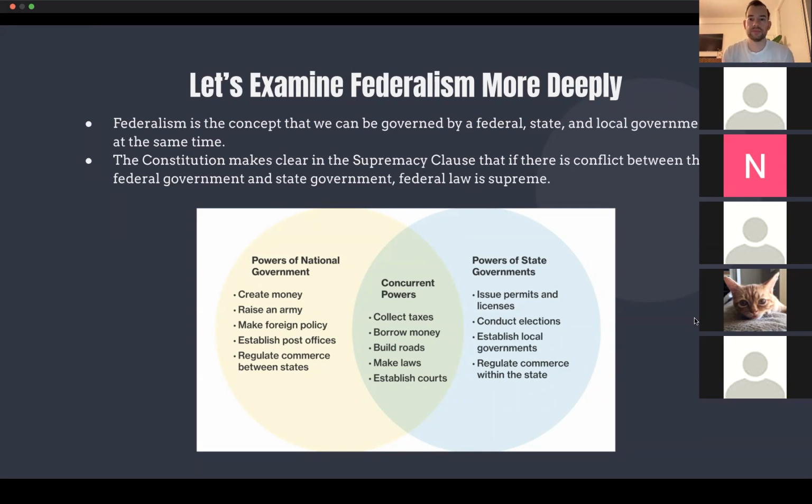I just had a quick question. Do the state taxes actually go to the national government? No, they stay with the state. Great question. And so then the state can use it for whatever they want. So the state taxes, they don't have to give the government anything. Correct. So what state do you live in, out of curiosity?